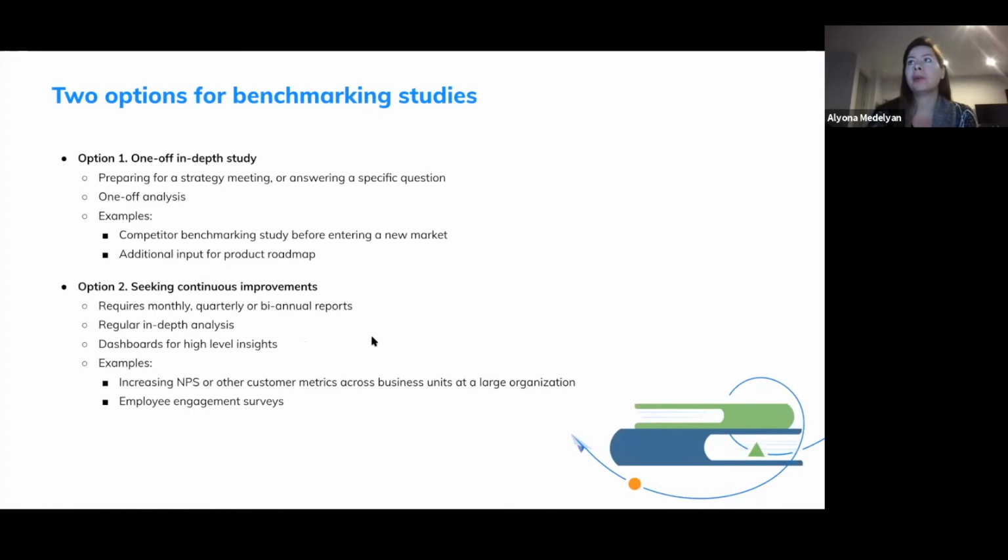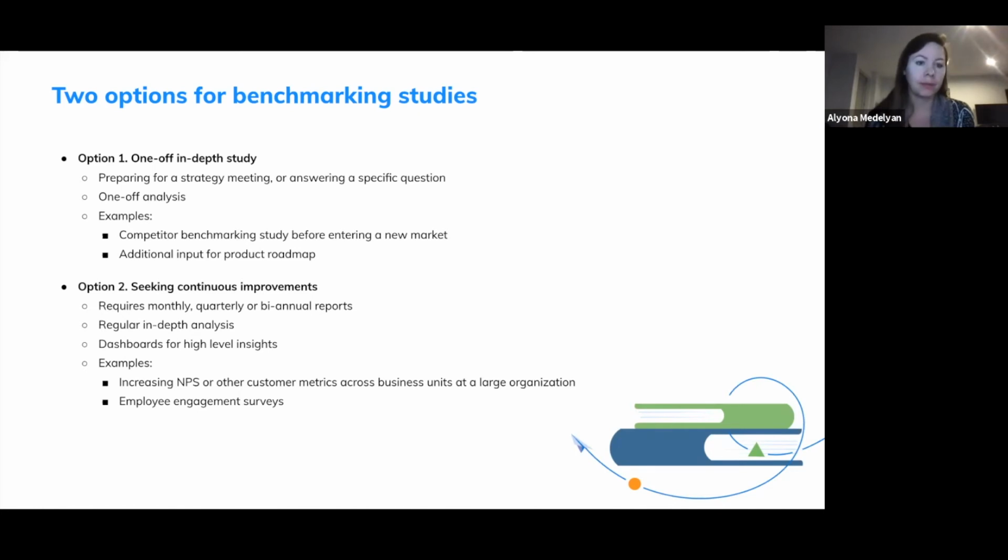So then there are also two different options for benchmarking studies. So one is when you, as Alana mentioned, you want to do an in-depth one-off study, very strategic, preparing for a meeting or answering specific questions from the business. And in this case, you might just write a single report and be done with this. For example, when you're entering a new market and you want to analyze who is out there, or you might want to pivot into a new area or launch a new product,